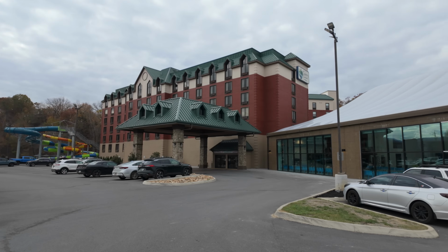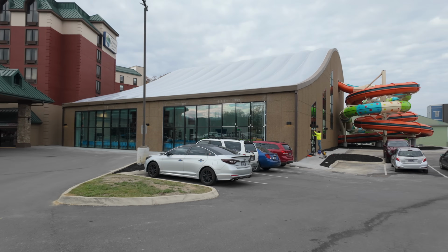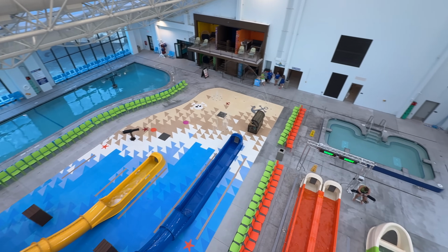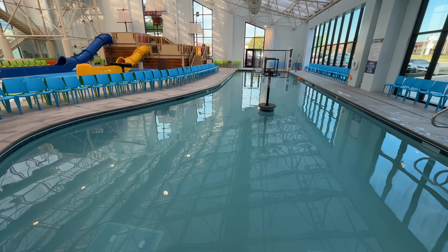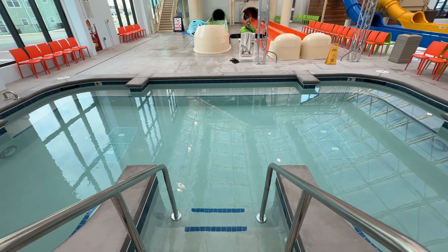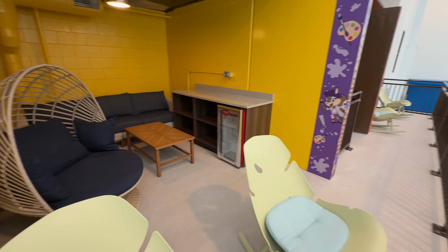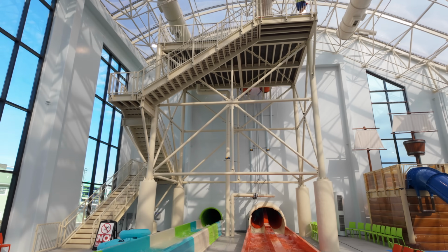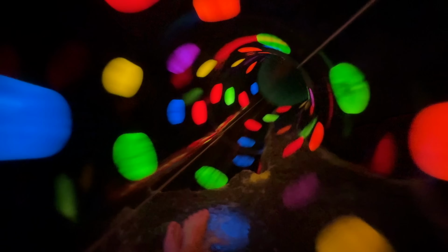On today's adventure, we're in Pigeon Forge, Tennessee to check out Country Cascades Waterpark Resort's new Shipwreck Bay Indoor Water Park. We'll check out everything inside from their giant pool, super large warming spa, splash pad area, a tour of their cabanas, little kid slides, and big kid slides